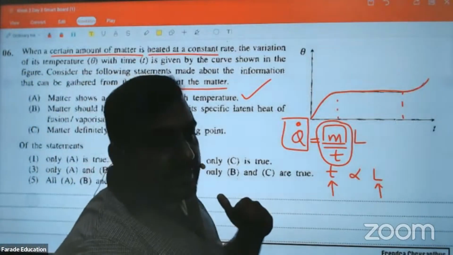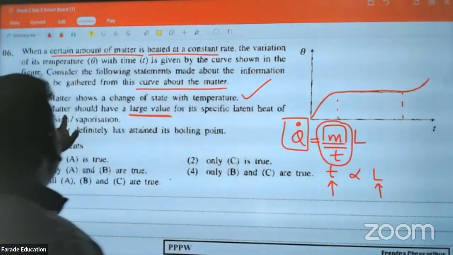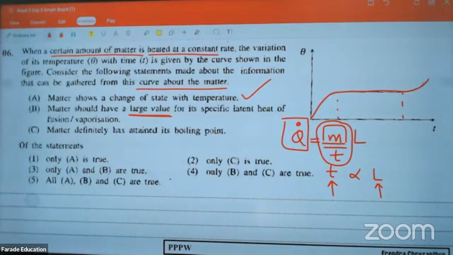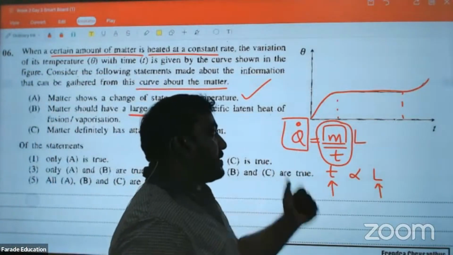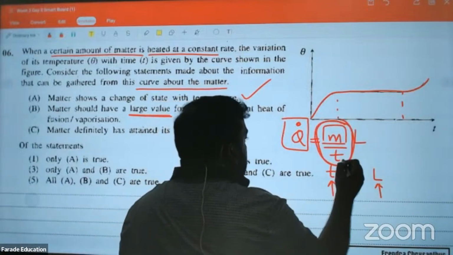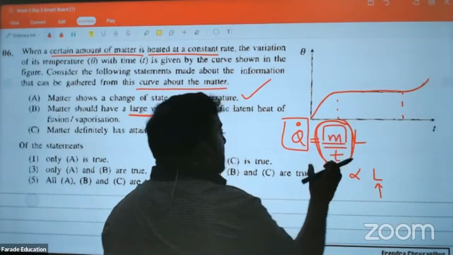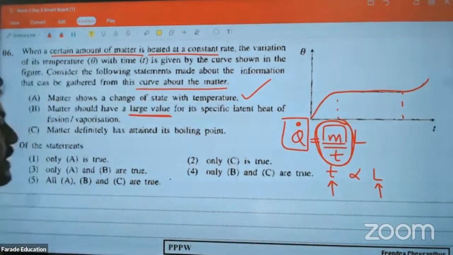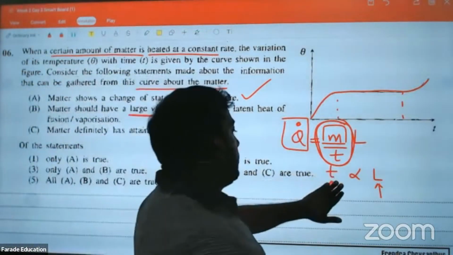Certain amount of matter is heated. So here everything is converted, a different story. Matter should have a large value for the specific latent heat of fusion or vaporization. Now, looking at this, Q dot is constant. Larger time taken means it depends on the mass variation as well. So here, if you look at this carefully,